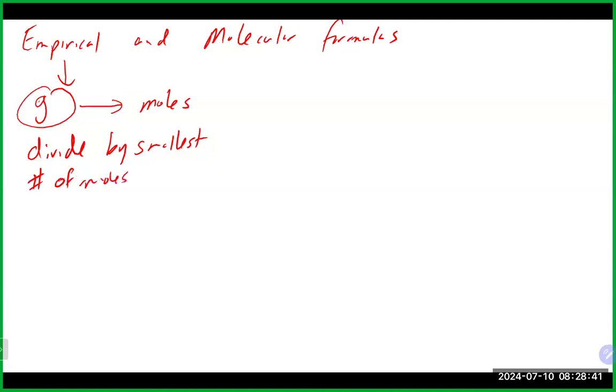And again, as we talked about a number of times, if you do that and you hit pretty much all whole numbers, you then will have your empirical formula. And again, we try not to round too much, but if it's really, really close to a whole number, just above it or maybe just below it, that's okay to round. Remember, if you don't hit a whole number,